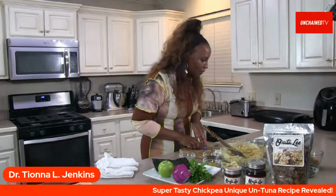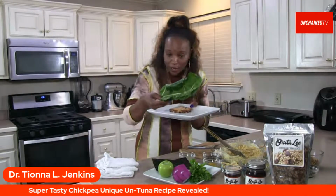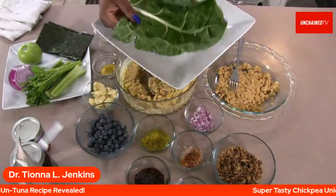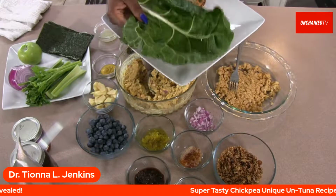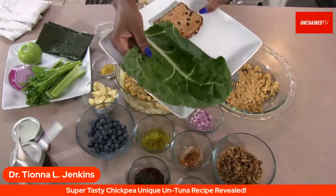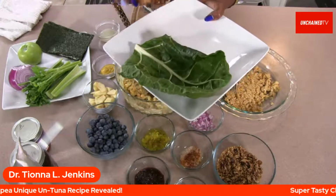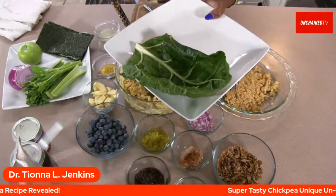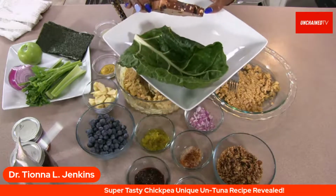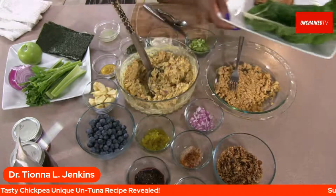But you can also top this if you want, and you can put it into a lettuce boat. You can use a big leaf lettuce if you choose, or you can do a chard if you like. This is a chard because I love the nutritional packed benefits that go along with the chard. So, I love using that. Or you can use a raisin bread here. Any brand will do. This just happens to be the Dave's brand here, but you can use this if you like. And then you would simply